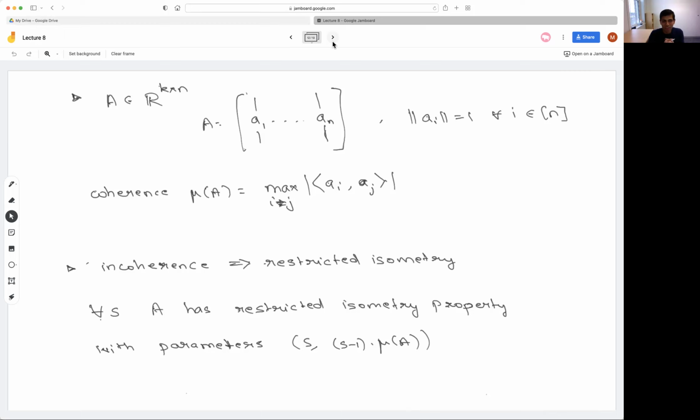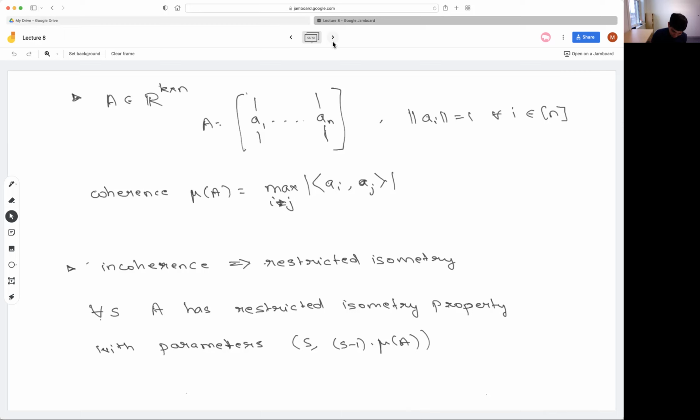So let's say we have a matrix A with n columns, which are all unit vectors of length 1. Then we measure its coherence by saying how far the columns are from an orthonormal set. If the columns are in k dimensions and there are n of them, n larger than k, let's say, then they can't all be orthonormal, but the smaller the inner product of any two vectors, the better it is, and we'll call the largest inner product the coherence.